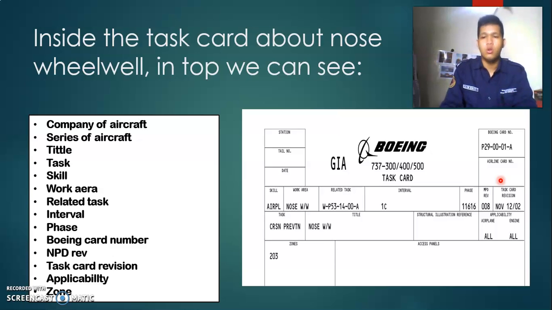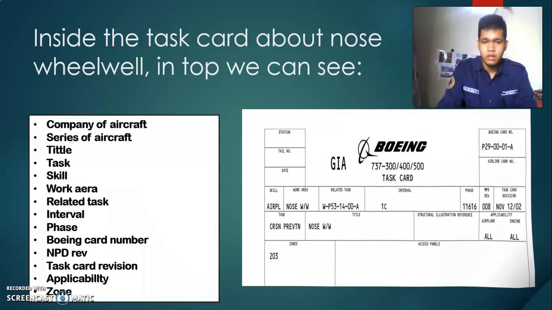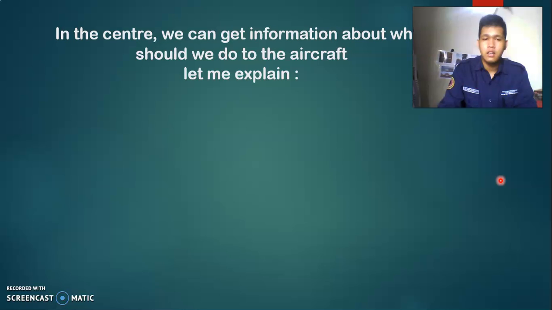And the last is zone. Zone is a detail of the work area. Zone is 203. So next, after we know the title of the task card, what we should do, who the person is, and where the area is,